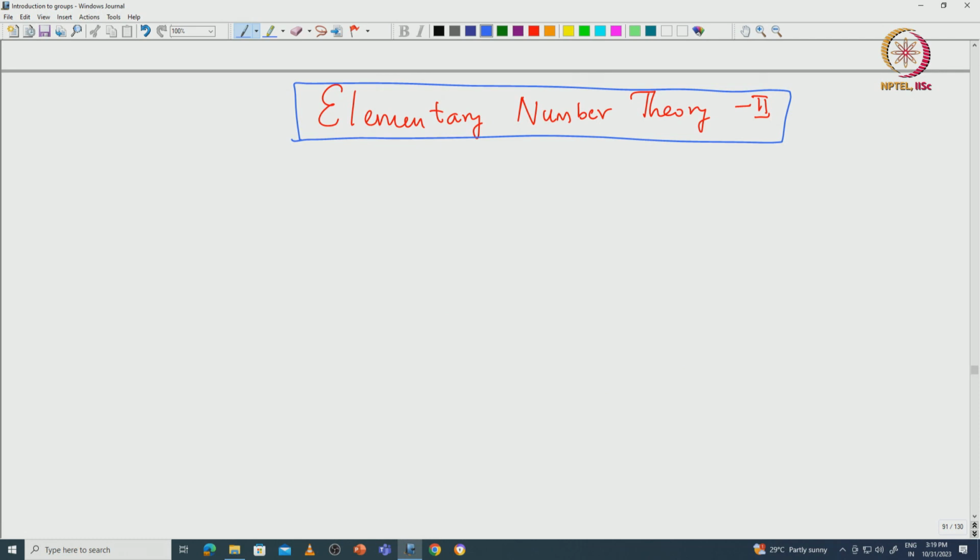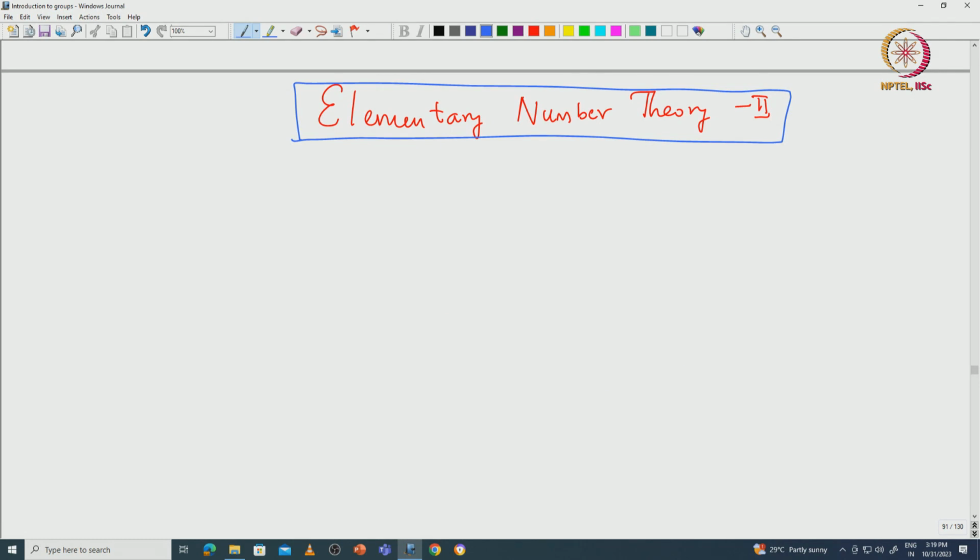Welcome back, everyone. In this lecture, we will continue with elementary number theory. So, in the last class, we saw the division algorithm, and then how one actually writes a GCD of given integers as an integral combination of those integers. So now we will define some more elementary properties of these numbers. For example, we will start with relatively prime numbers.